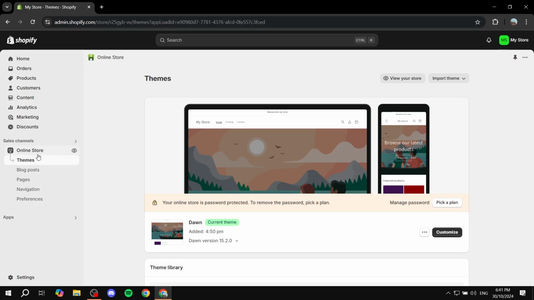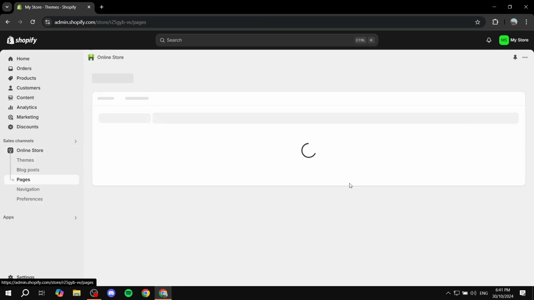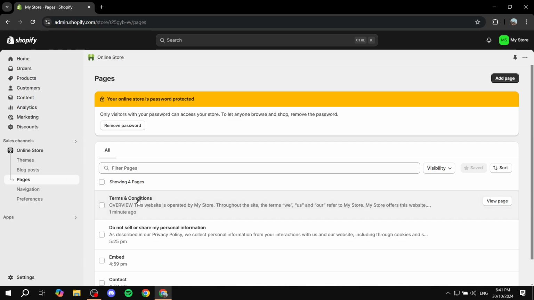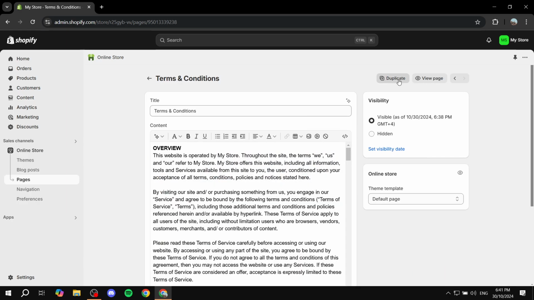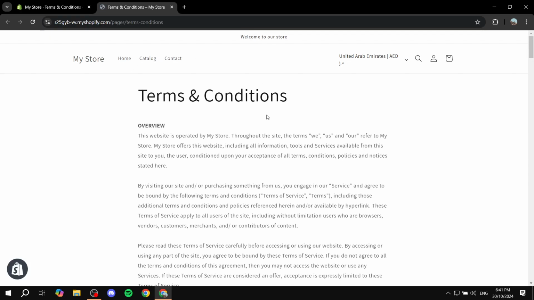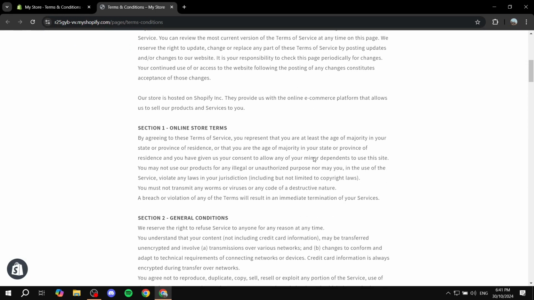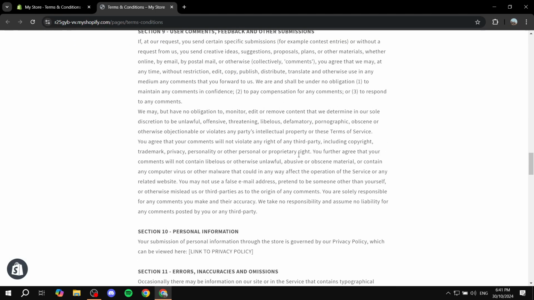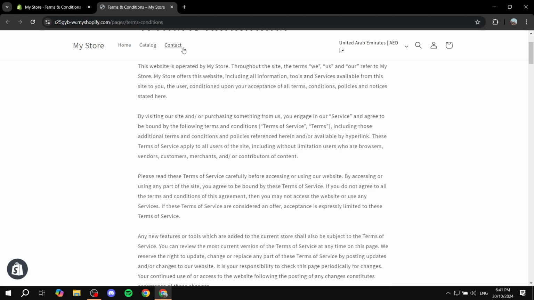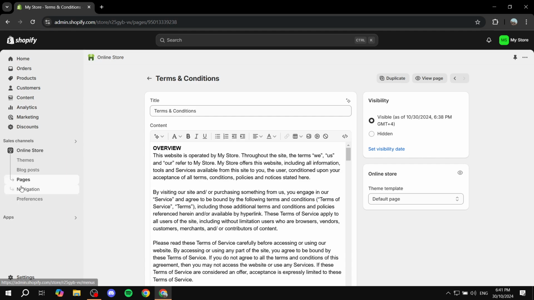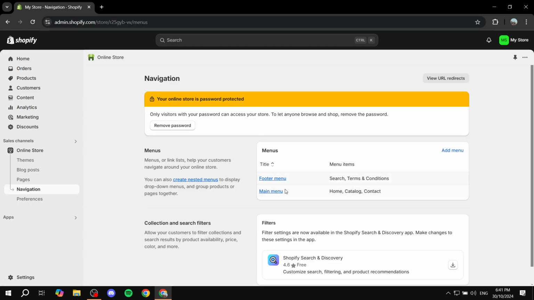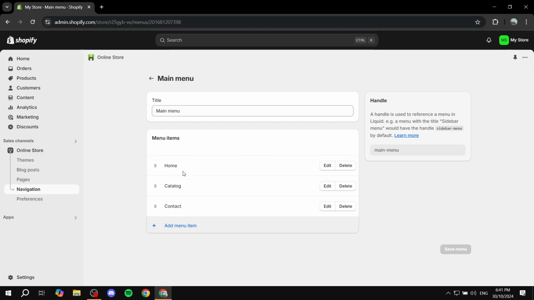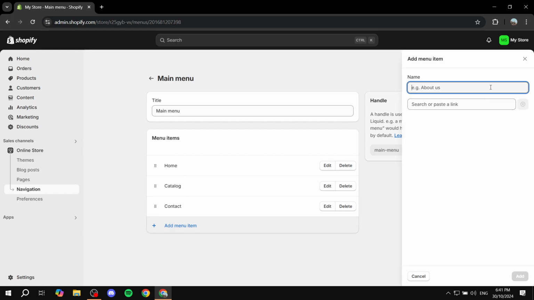If we just go to our pages and just go to terms and conditions, maybe you even want to add it to your main navigation. It doesn't really make a difference, but if you view the page, it's going to look like this. So this is all for this video. You can, again, like I said, if you want to add it to the main navigation here at the top, you can feel free to do so from navigation. And you would want to go to main menu this time instead and just add menu item and just add it